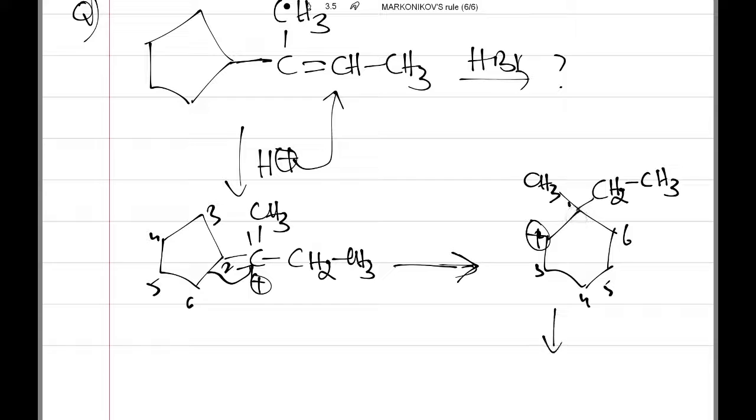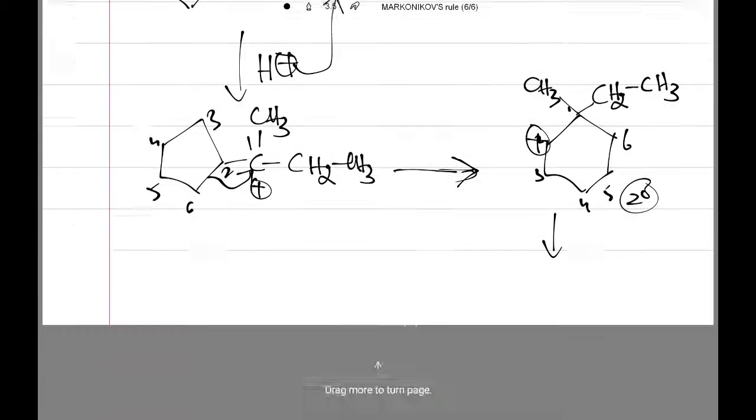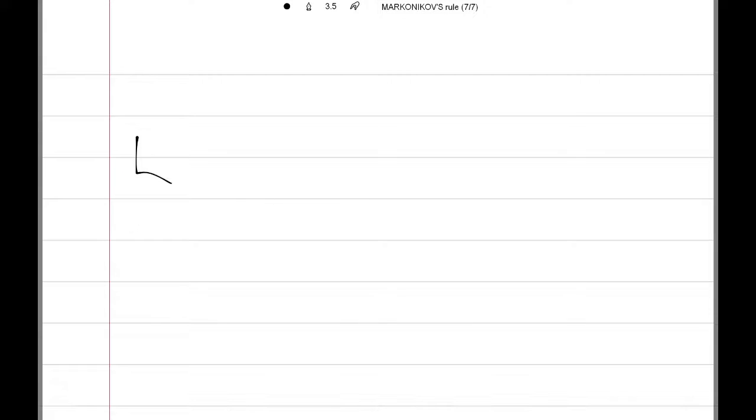Okay, now in this place, this is a secondary carbocation. After rearrangement, there is a possibility to get a tertiary carbocation. Now we will do both migrations, and whichever gives the more stable intermediate, that we will check. Okay, right. So in the first case, look at this one. I am getting this product. So this is the CH3 and C2H5, nothing but CH2CH3. I am writing CH2CH3 clearly here for our understanding purpose.